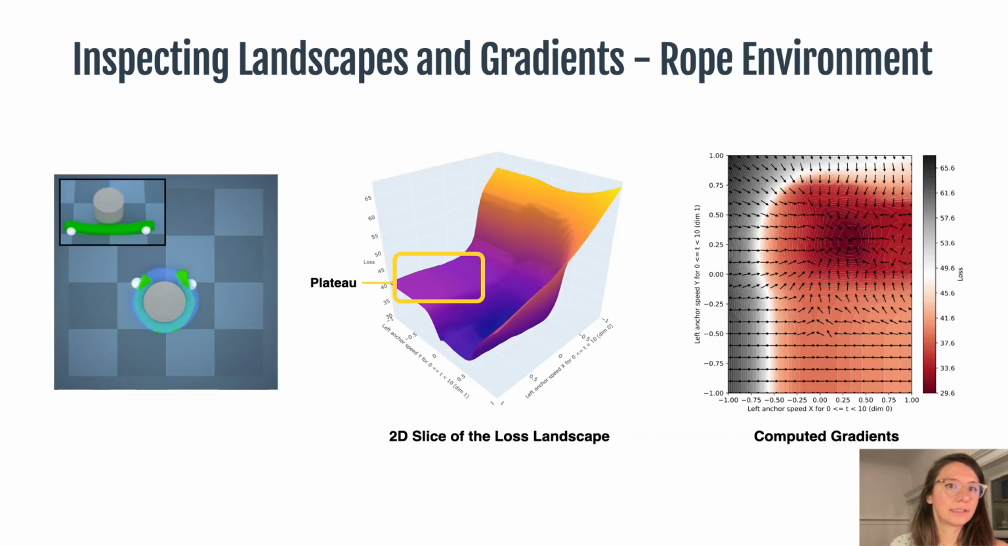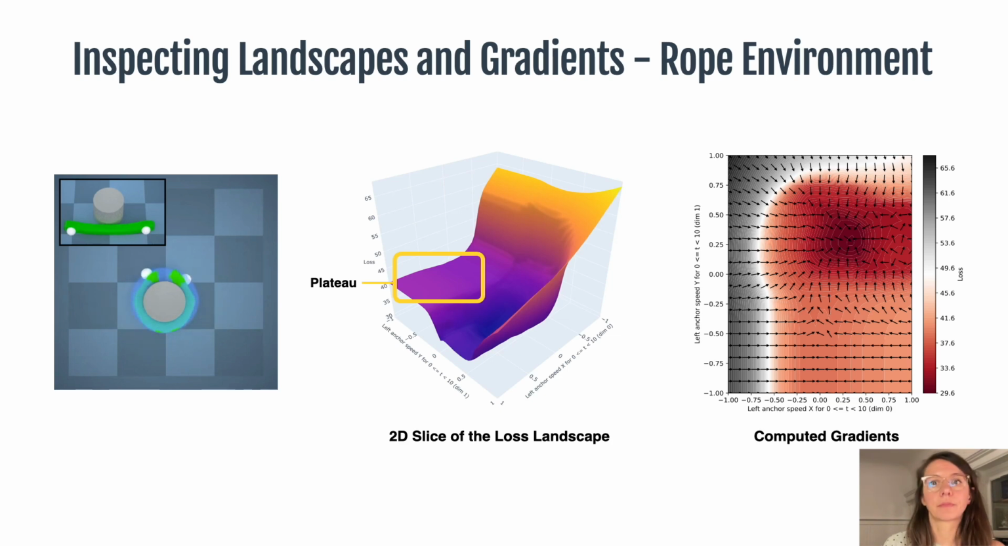We optimize 3D velocities of anchors or pins in this particular scenario, shown here in white, allowing them to change 5 times per episode. For this environment, this is a 15-dimensional optimization problem. And so here's again an example landscape with flat plateaus, showing the need for extending gradient-based methods with global